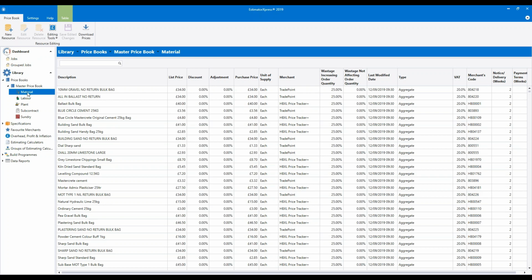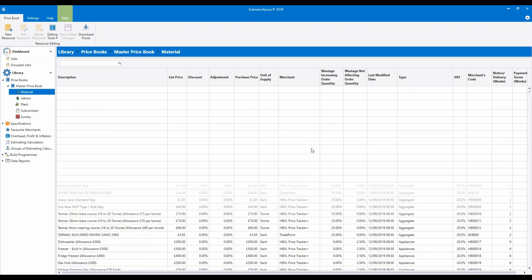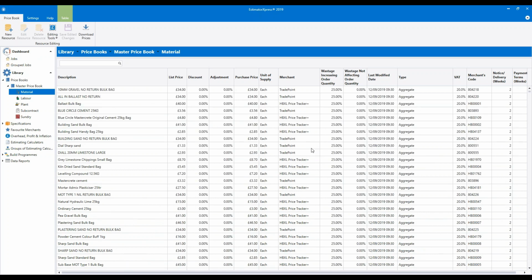Okay, so if you've ever looked at the materials section of the price book, you'll realise, even if you scroll down now using your scroll wheel on your mouse, it's quite a hefty list. And we realise that can be a little bit daunting to start with, but what I recommend is that you can filter the price book down into much smaller sections that makes it easier to work with.